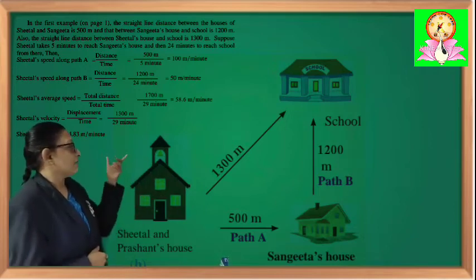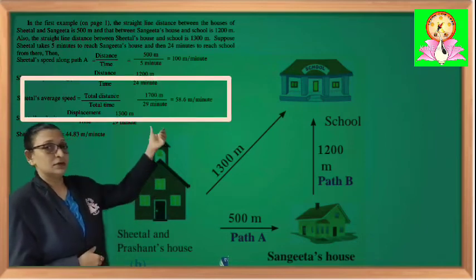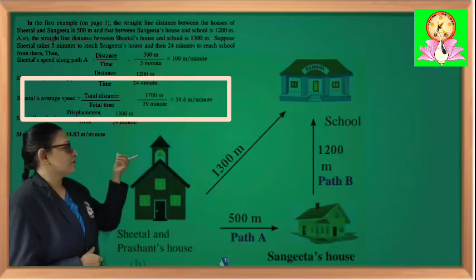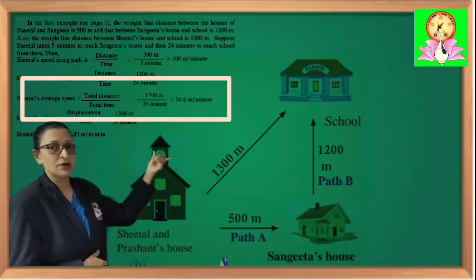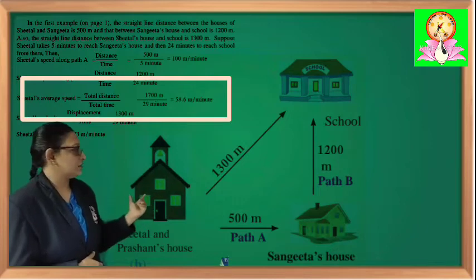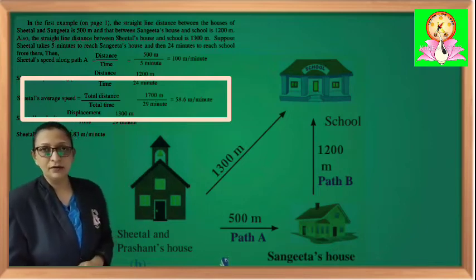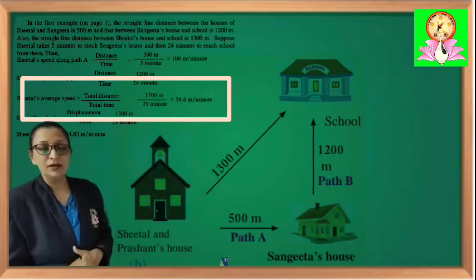That is, the average speed of Sheetal throughout her travel is (500 plus 1200) upon (5 plus 24), that is 1700 upon 29, which can be calculated as